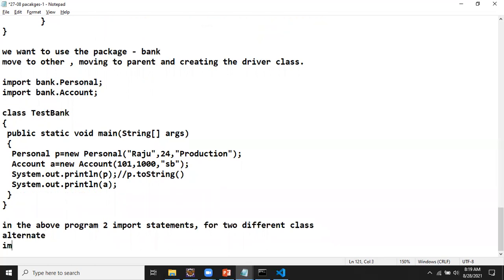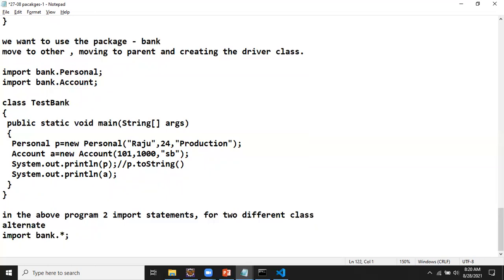What we can do is say import bank.star. I'll simply say bank.star. When I say import bank.star, what will happen?